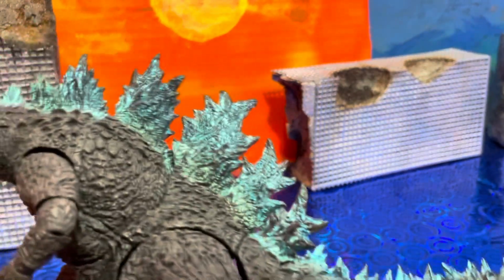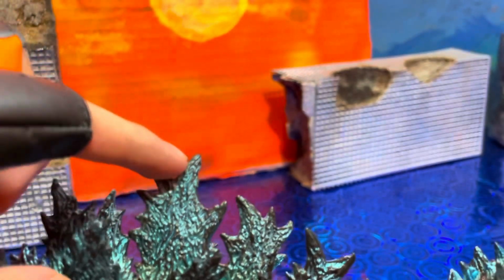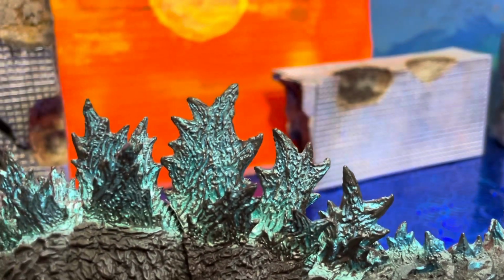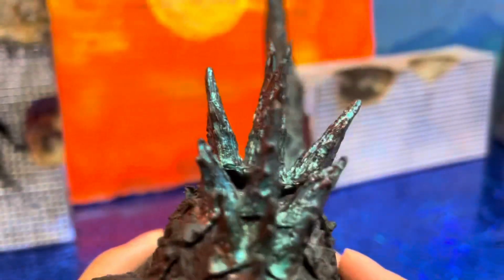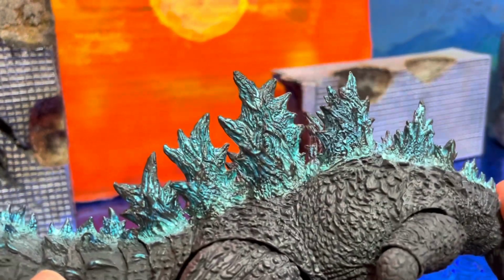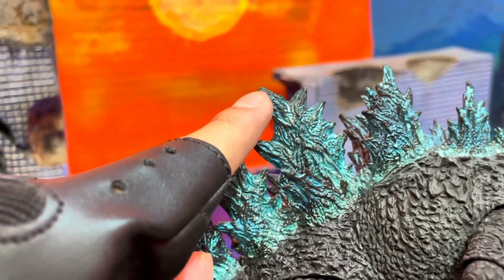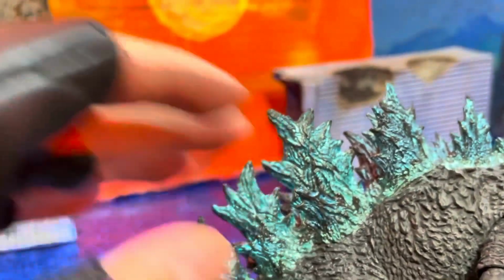I also noticed that it looks weird. I don't know if it's me, but when I got it out of the package, this specific dorsal plate looked off, like too thick, not sharp enough. I don't know if that's my imagination, but it's definitely not straight. You can see it right there. Let me know if this is only a problem with my figure, or if you're also having that issue where this dorsal plate tip looks extremely thick, out of place, not sharp enough compared to the other